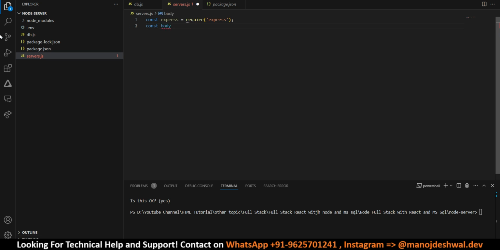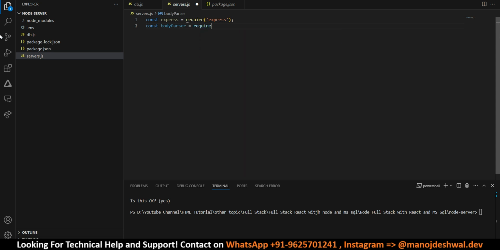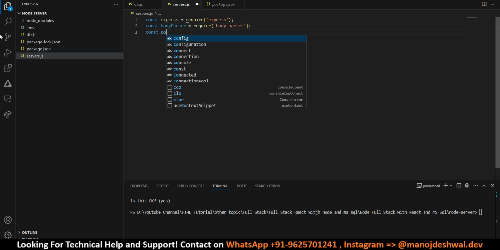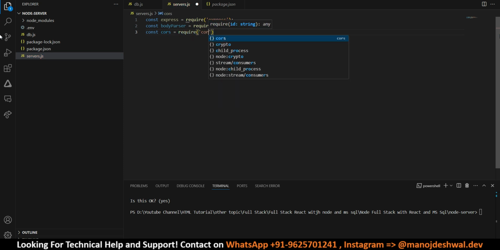So bodyParser require body-parser, const cors is equal to require cors,